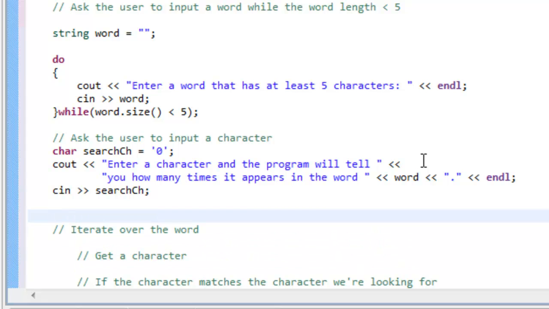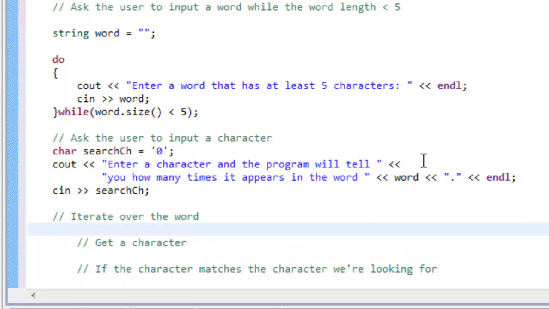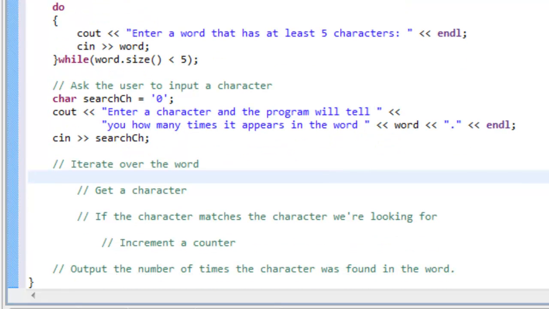And now, once we have our word and our character, we can now look at iterating over that particular word. So what does that mean? We want to be able to have the same number of iterations as we have characters in our word. So we have 3 different repetition control structures that we looked at: while, do while, and for. And we know that the for loop is used for counter control repetition, meaning we know exactly how many times we want to perform the body of that looping structure. So it sounds like the for loop is a good choice, since we know that we can get the length or the size of our word, and that will tell us how many times we need to do the comparison